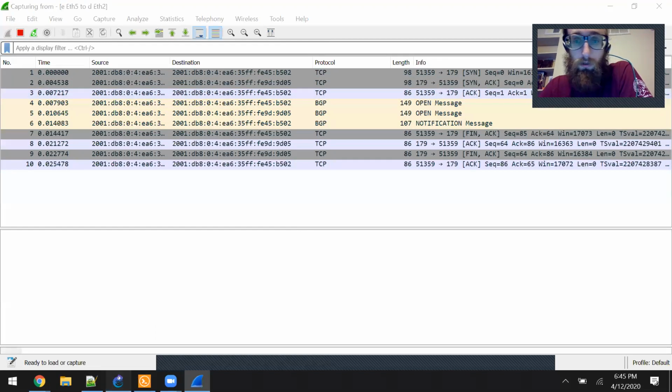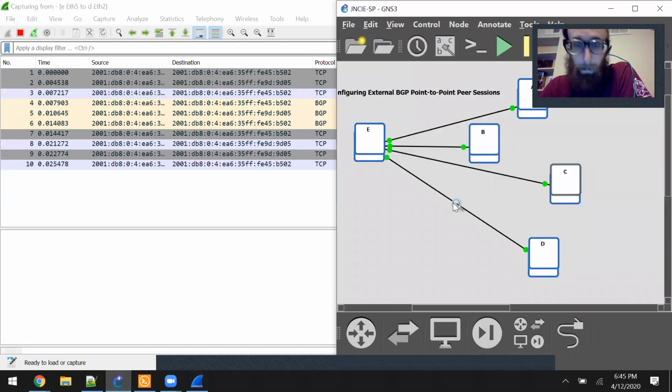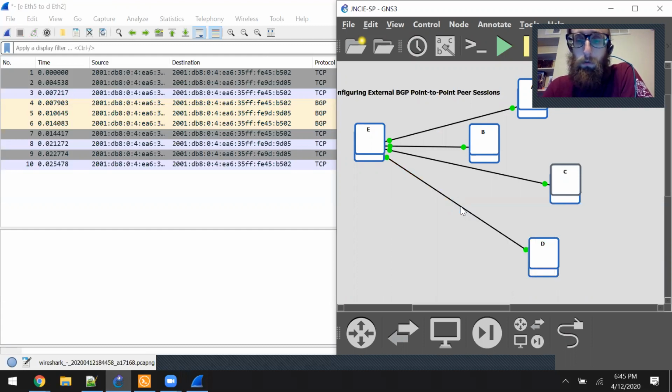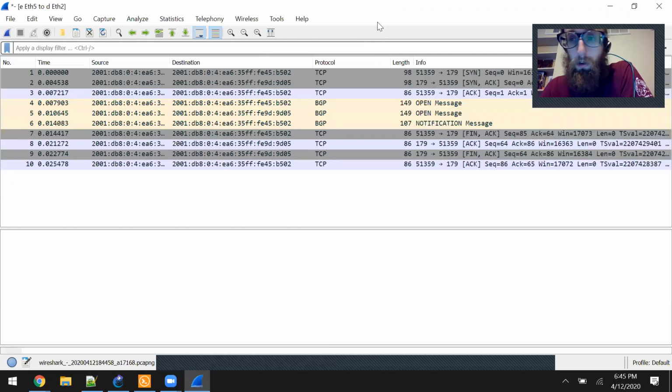This is actually really interesting. I'm really glad that I decided to capture this. And you can see there's a notification message, which we learned in an earlier video is how errors are reported. So obviously there's going to be an error because the autonomous systems don't match, but I actually am a little bit surprised that it was able to have a three-way handshake,